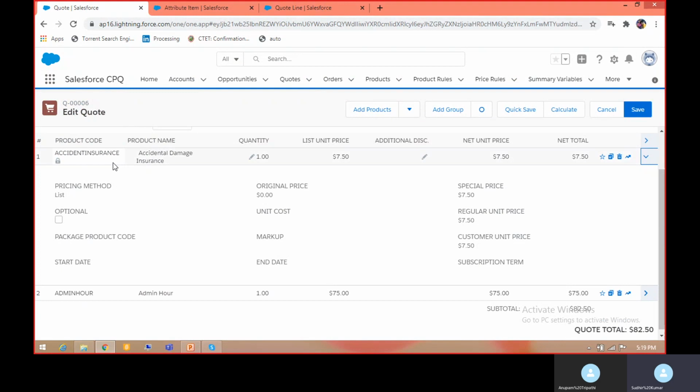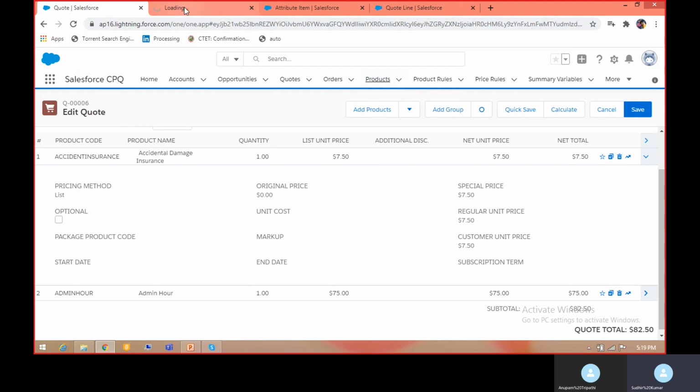For this product, pricing method is showing list, what is the original price, what is the special price, what is the regular unit price, customer unit price. Many of these pricing values may be defined under the price book. What is the unit cost? That will be defined as well.